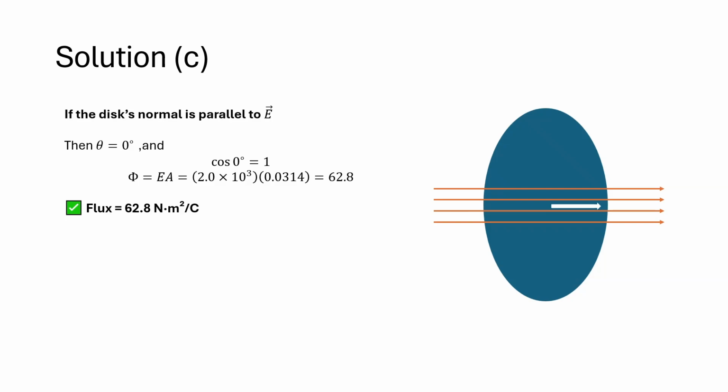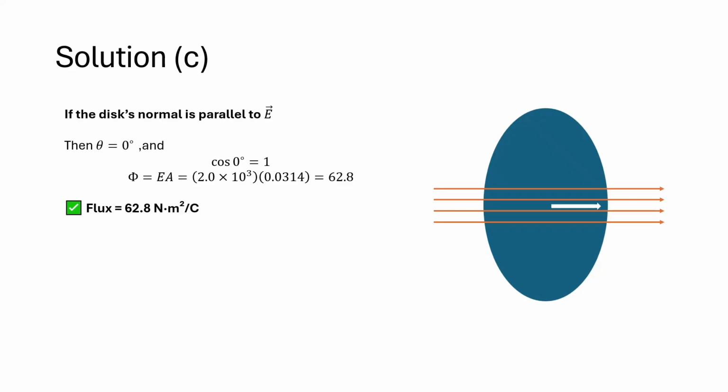Now let's proceed to situation C. In this condition, it is said that the normal is parallel with the direction of the electric field. It is also understood that if the normal is parallel with the electric field, the surface area of the disk is perpendicular to the electric field. As I said a while ago, if this is the arrangement of the surface area, we can get the maximum electric flux. Now take note that cosine 0 degrees is equal to 1.